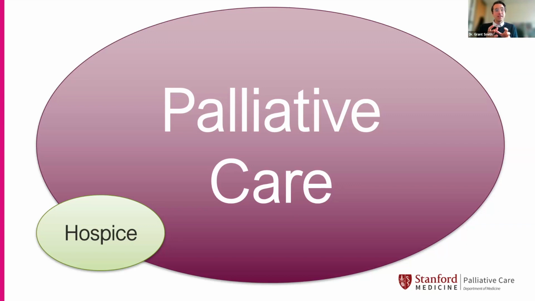Hospice really is the subset of palliative care that focuses more on end-of-life care, when an individual has a likely prognosis of around 6 months or less. So it overlaps with palliative care in that they also are working to help make someone's quality of life as good as it can be, but it is a little bit more time and prognosis bound than palliative care.